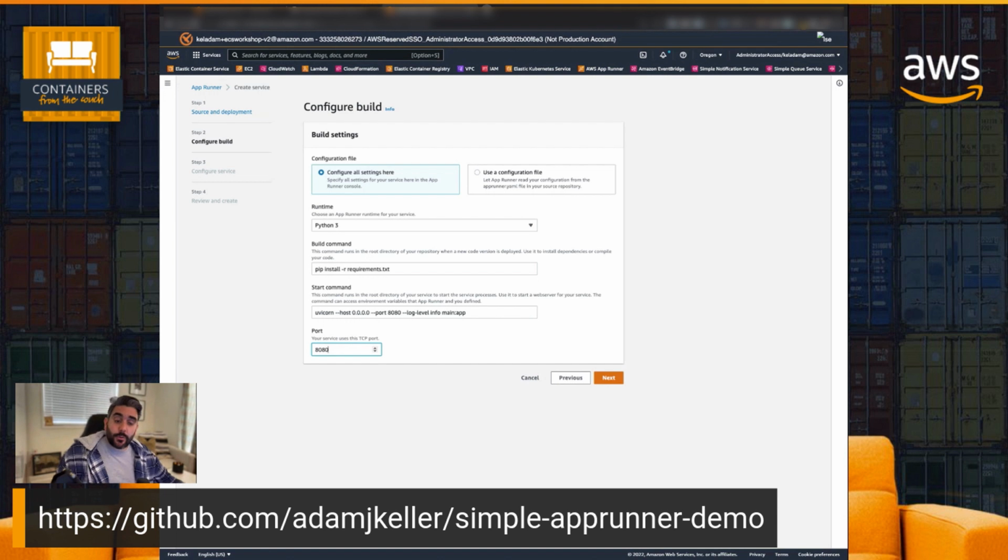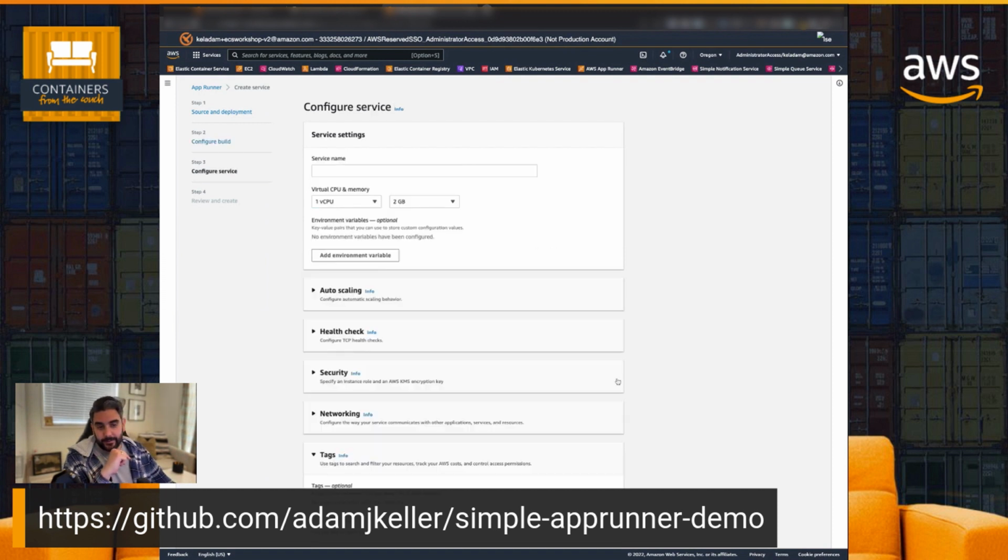And that's it. So notice here, I haven't had to build a container image. There's no Docker build, no Docker run, Docker push. I'm not doing any of that. I am just saying, here's where my code lives. Here's how you install my dependencies. And then here's how you run my application. So we're going to click next. We're going to name this App Runner Demo